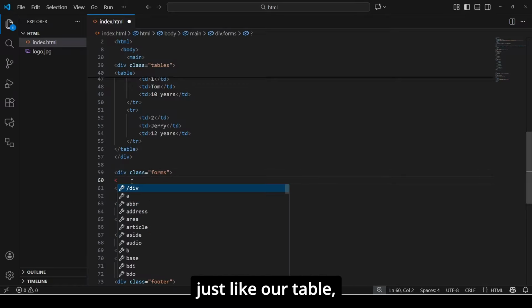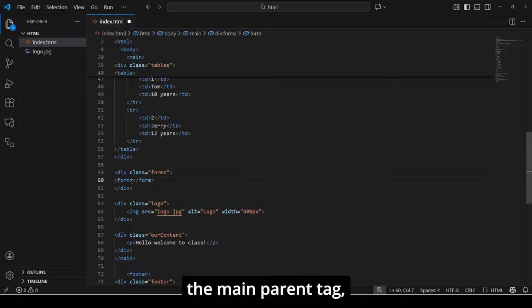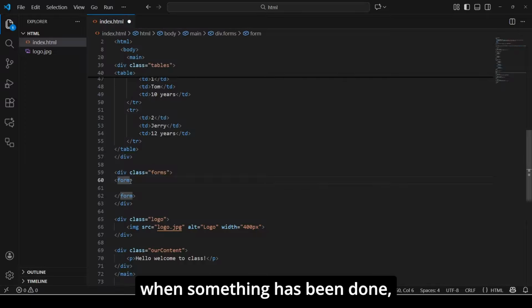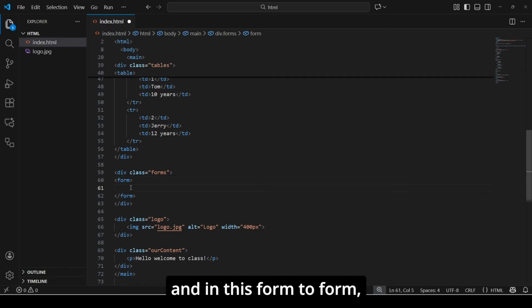So again, just like our table, the main parent tag will be form. Inside here is action, maybe if you want it to go to another page when something is being done, when you add other stuff to it. But for the purpose of this, all we just need is form to form, right? And in this form to form,